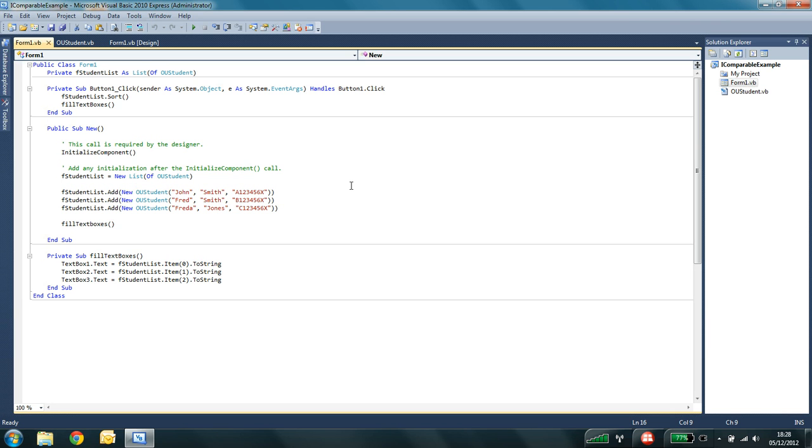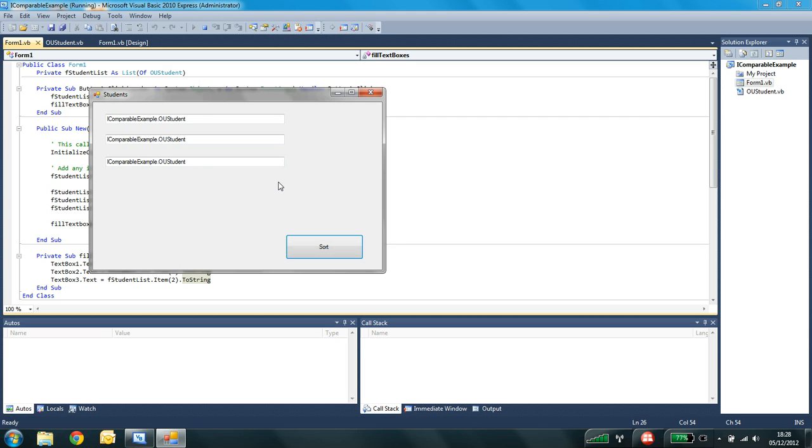Now then, I've got 3 text boxes, and what I've tried to do is populate those using ToString. So you'll be familiar with ToString because we've done it quite a bit with numbers and things like that. So I've tried to ToString those objects. So if we just run this and see what happens, you'll see that the ToString version of an object is just its object name at the moment, or its class name, sorry,